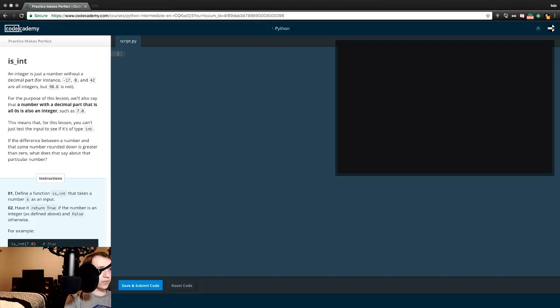If the difference between a number and that same number rounded down is greater than 0, what does that say about that particular number? I'm not sure what their goal of that question is. We're going to look at the instructions. 1. Define a function is int that takes a number x as an input. Have it return true if the number is an integer as defined above and false otherwise. For example,